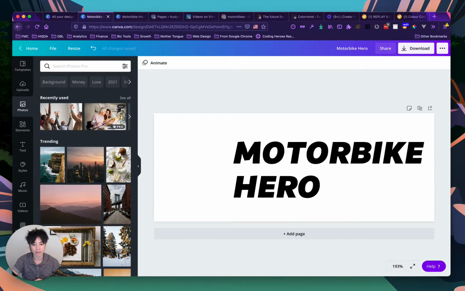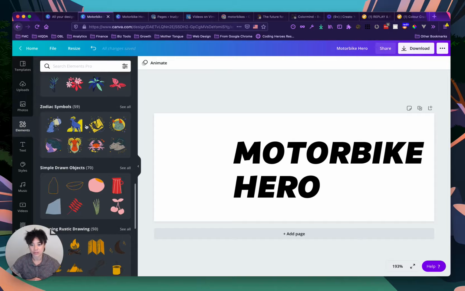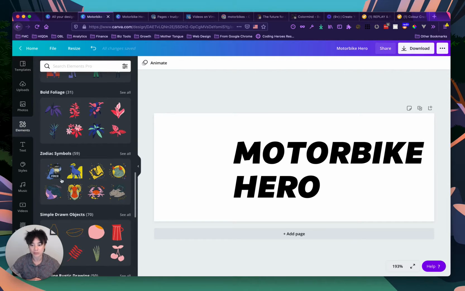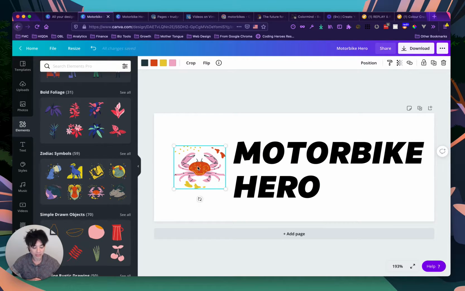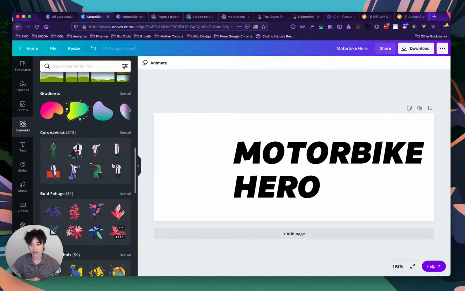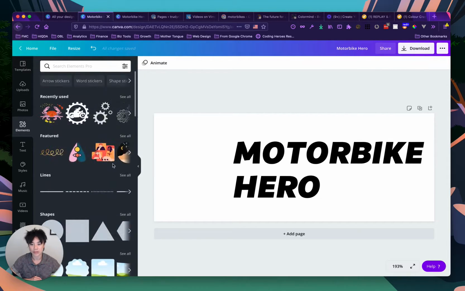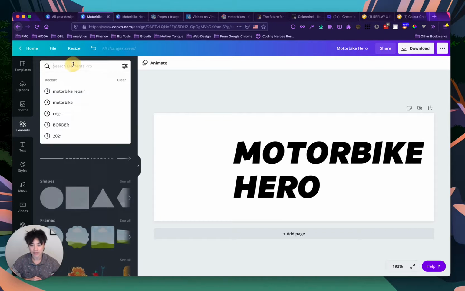Plus, if you're putting it onto business cards or t-shirts or print or anything, you want it to look good, and generally photos aren't going to come out as clear. So stay away from photos and always stick to elements like this, and try to go for simple. Even things like this here are quite detailed. You can still definitely use that as a logo, but I think nice and simple is a good way to go. So what I did was I started with,